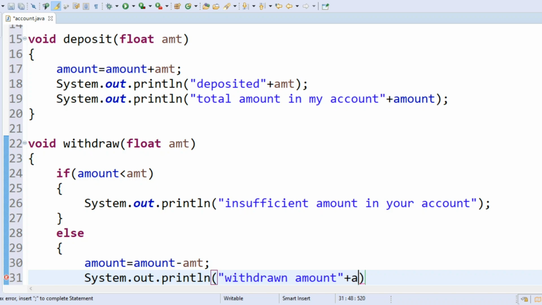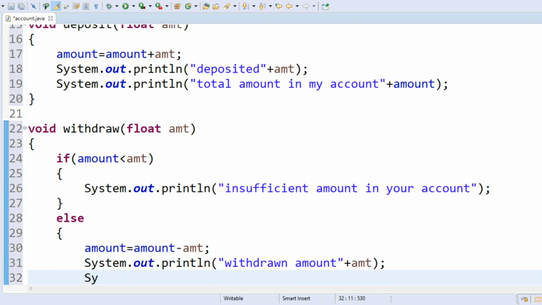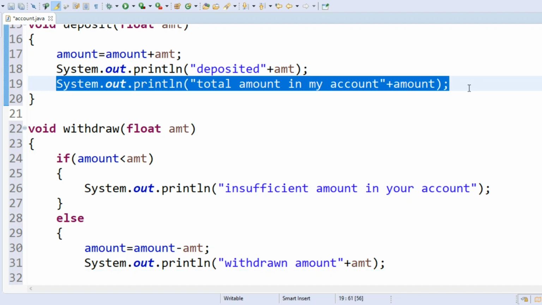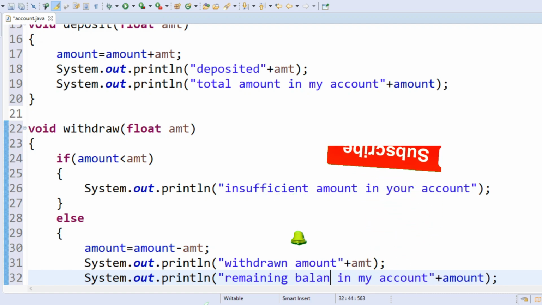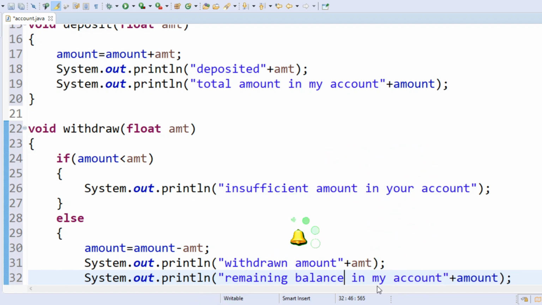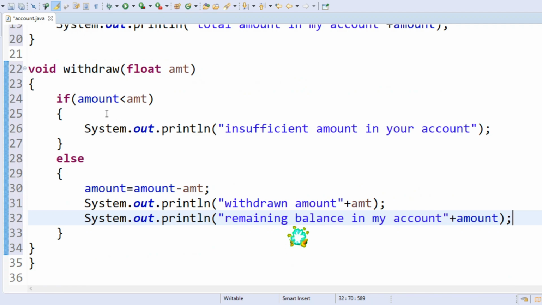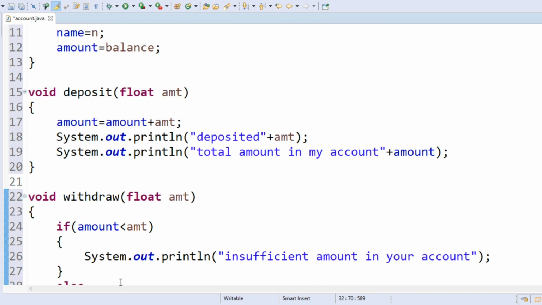So for that, AMT. After that, the remaining amount in your bank, I just copy, in place of this, total amount place remaining. Okay, remaining balance in my account. We created a withdraw method and deposit method.